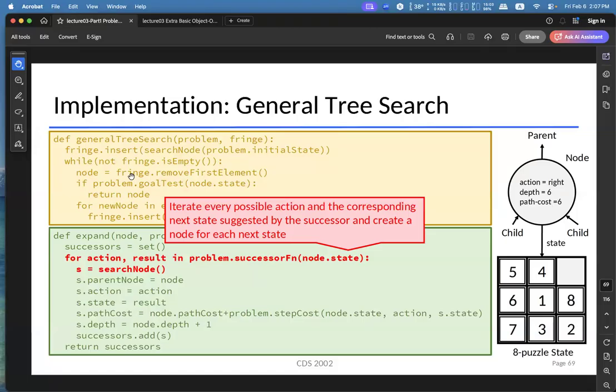So the algorithm doesn't need to know the nature of your problem. As long as your problem is implemented in a way that the successor function can always generate the correct set of next states, the neighboring states, it doesn't matter for the tree search algorithm.